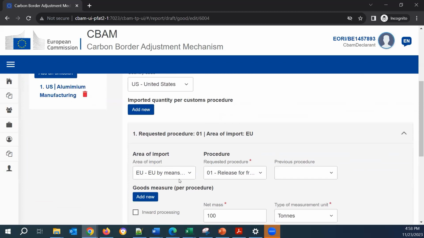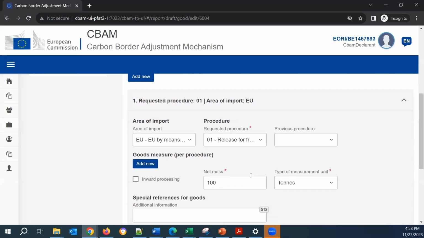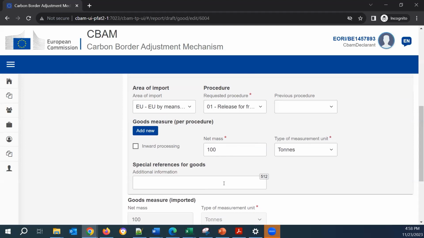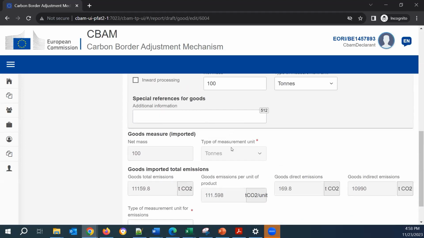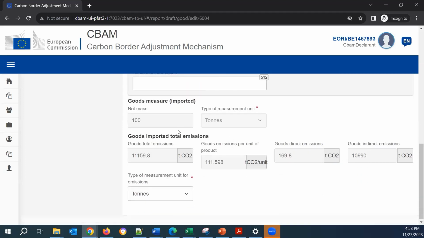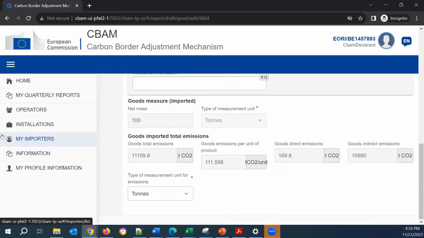The area of import is issued by means of customs import declarations. The requested procedure, again, it is 100 tons of net weight of aluminium wires that I have imported. We have the goods total emissions, the goods emissions per unit of product, which are calculated.